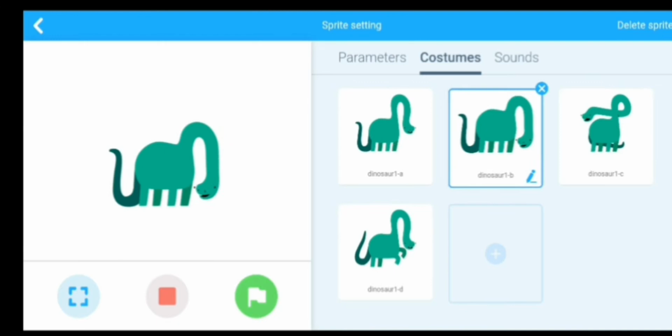Look at here, you can also change the position. You can modify the costume also.